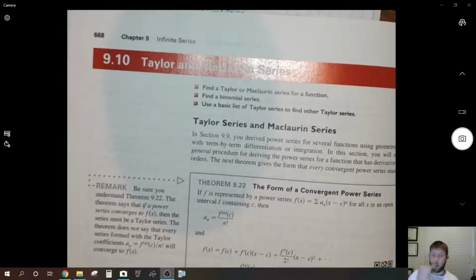I'm skipping over 9.9. It's something that does need to get discussed, but I'm not going to discuss it until May, after the AP test and reviews are done, because it's not necessary for the AP test. But I do want to go over it because if you get the credits for Cal 1 and 2, it is discussed and you're expected to know it. So just know that